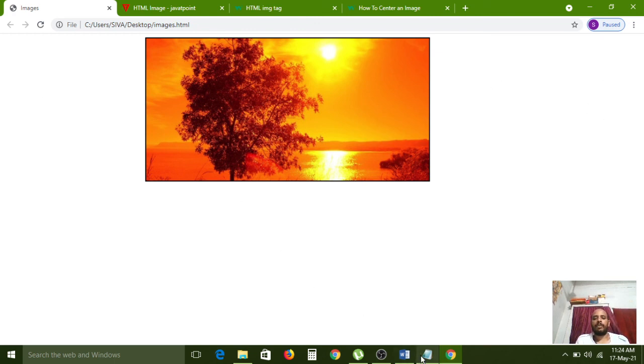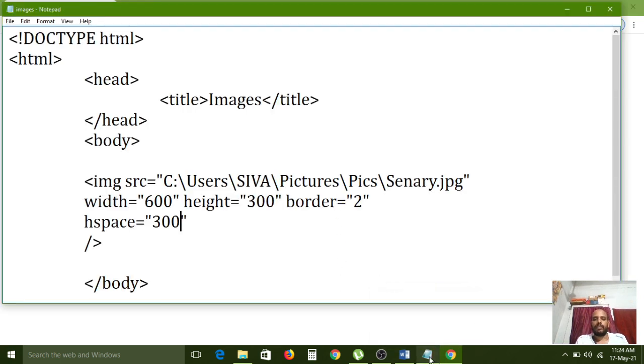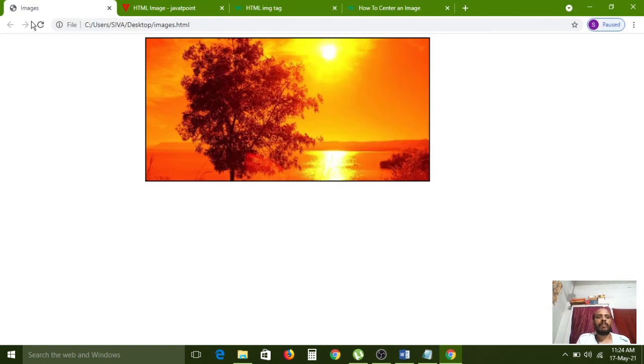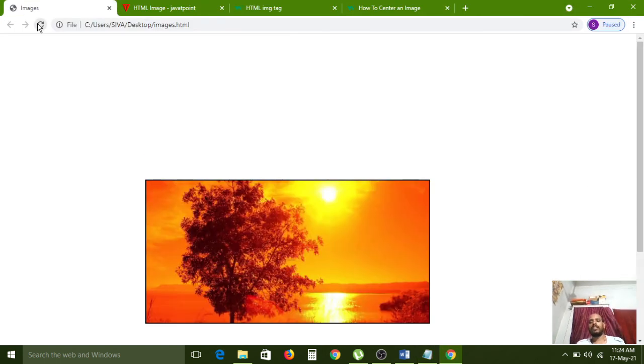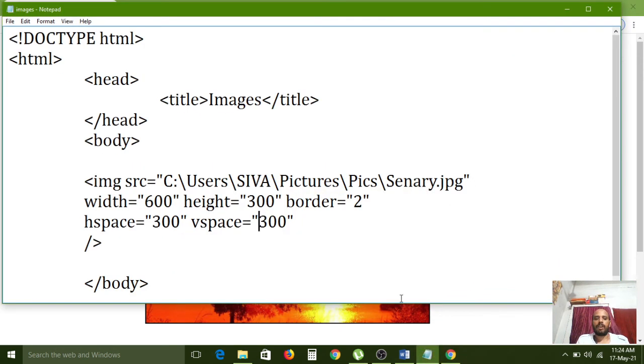Now one more attribute is vspace. So this space it can occupy right now. Just give one space, vspace equal to 300, in between double quotes we can apply this one. Again go to the file menu, choose save option, and now I am minimizing this one, I am refreshing this one. All of you carefully observe, 300 space it has occupied.